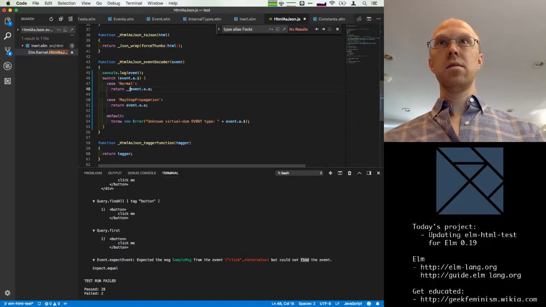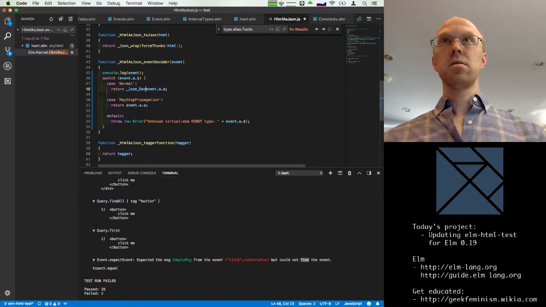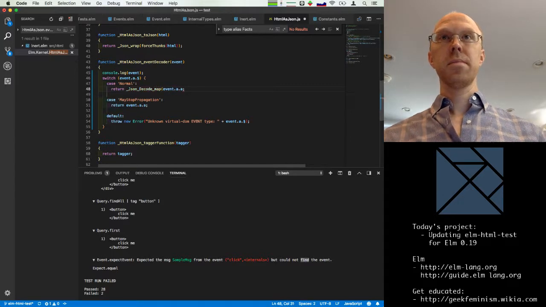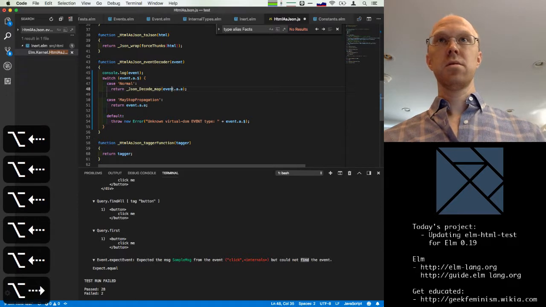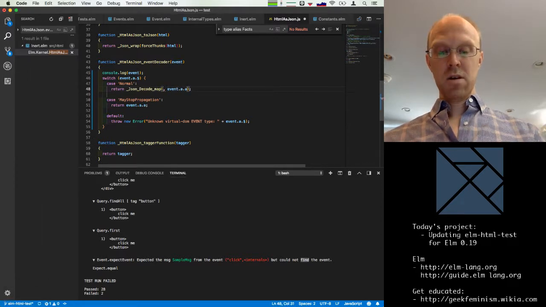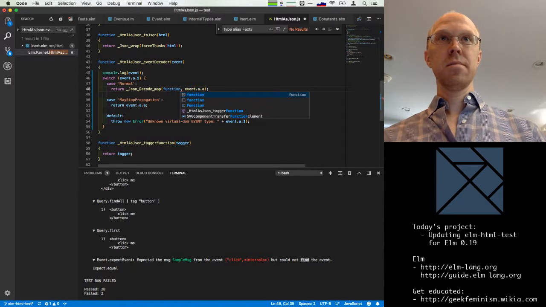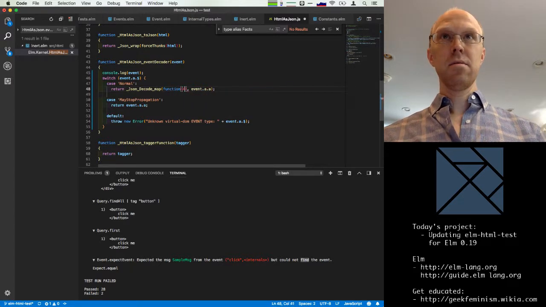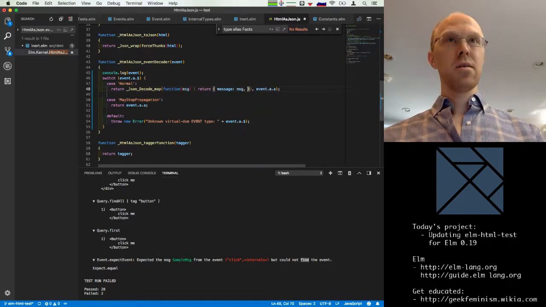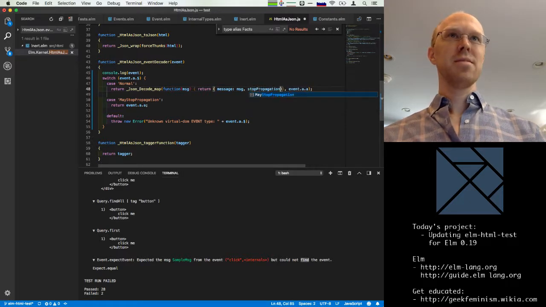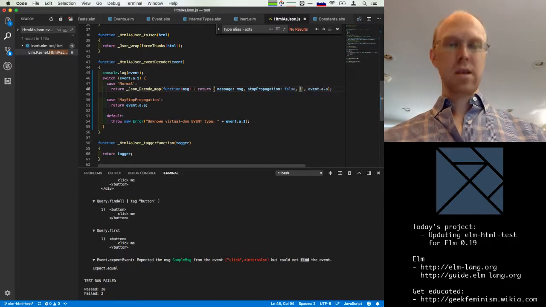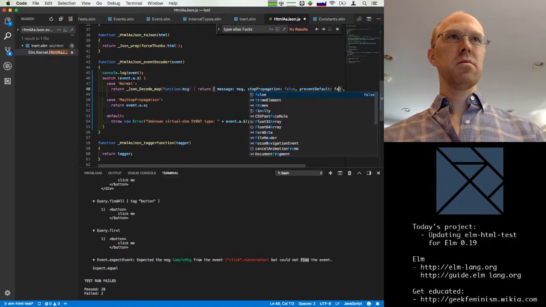And we say JSON decode map, and the decoder is the second argument, and the first argument is a function that will take the message and return message, stop propagation false and prevent default false.